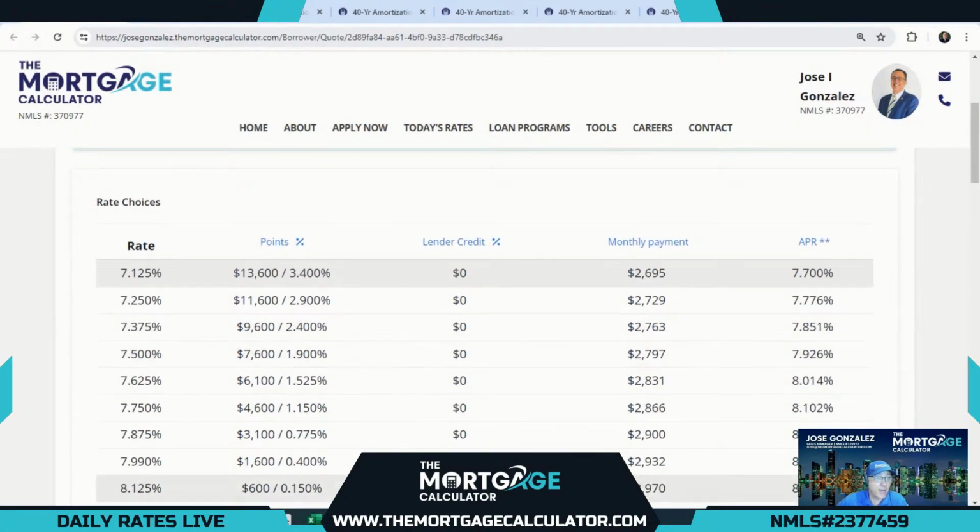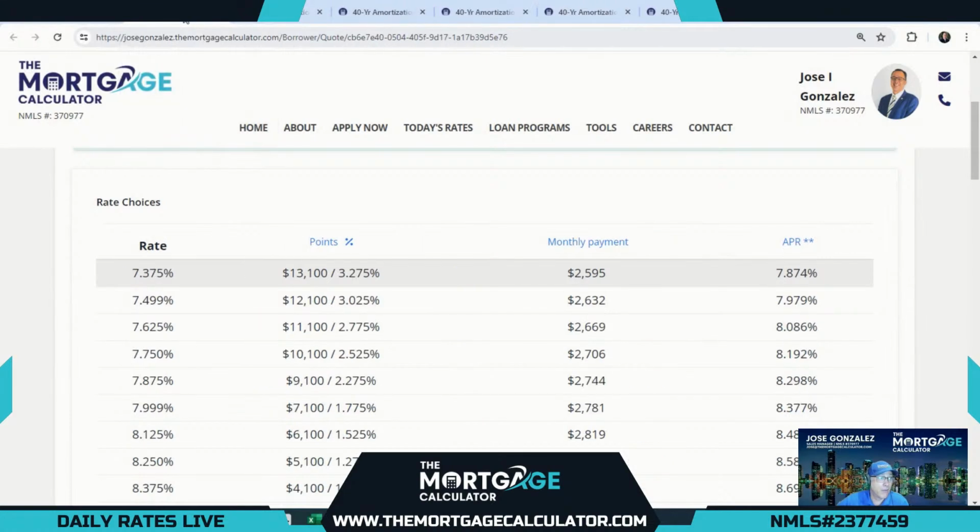Look at the payments, how they increase, right? So this is fully amortizing. Remember, this is not interest only. So you're going to qualify on this payment. But here, for example, at 7.375 at a cost of 2.4 points on our 30-year, your payment is $27.63, right? 7.375, $27.63. And then on our 40-year,